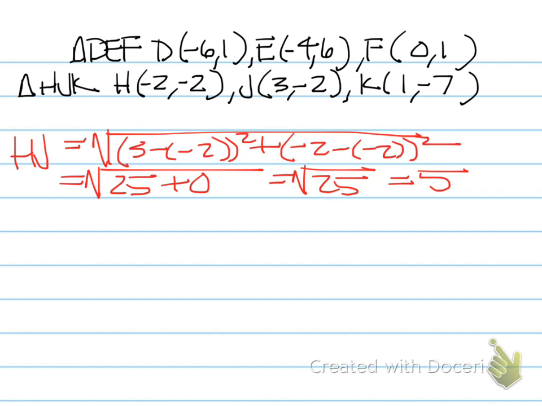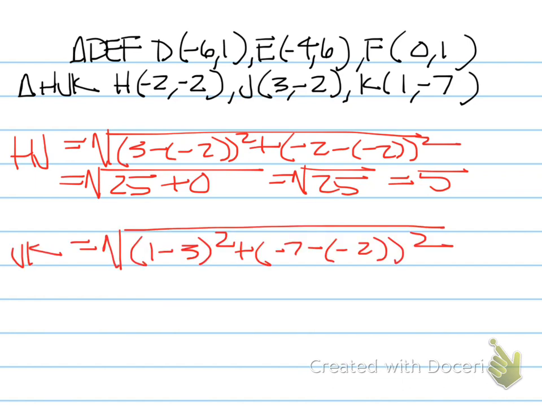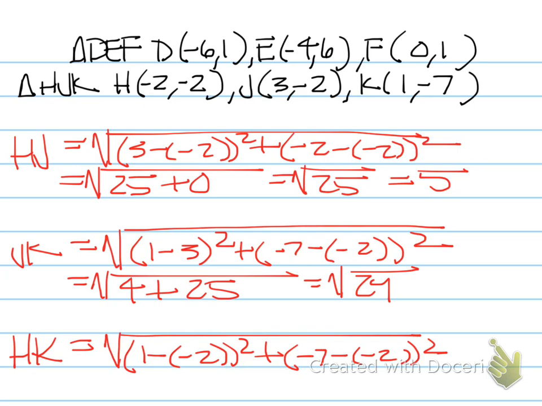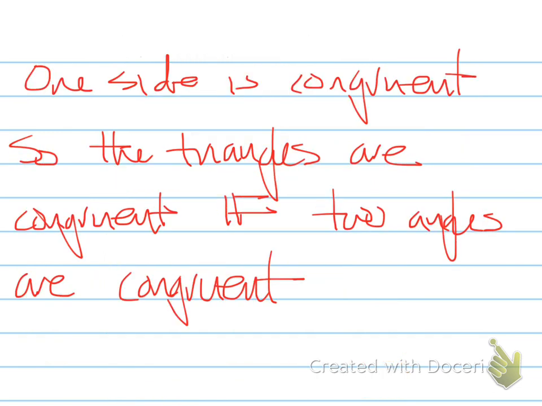HJ would be 5. JK, square root of 29. And HK, square root of 26. So we do have one side in the two triangles that are congruent. So if any of the tests can be used to conclude that the two triangles are congruent, the test that we would use would be